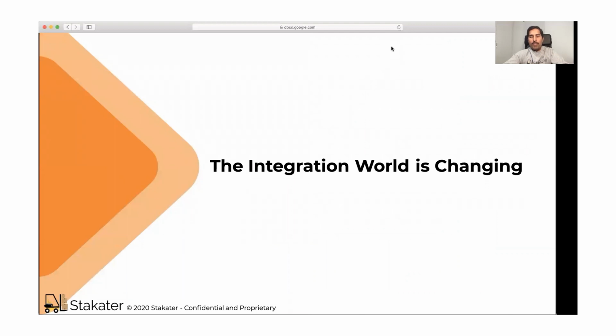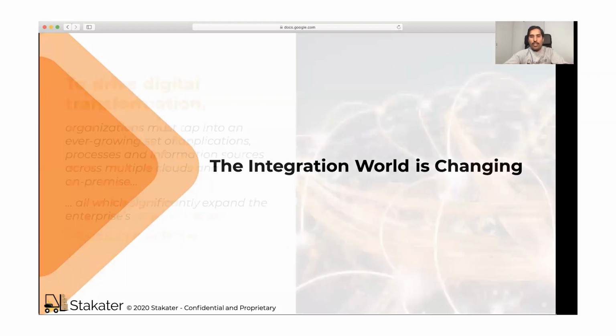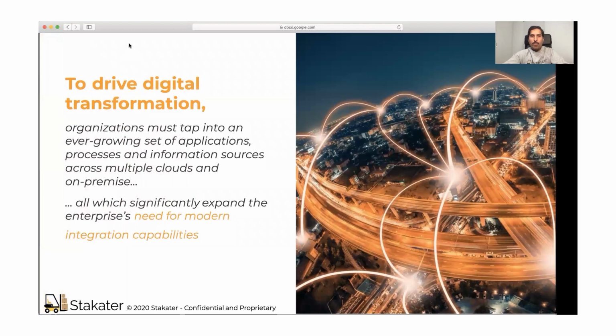So, as I mentioned, the integration world is changing, and if you look into the way things are happening now, organizations must tap into an ever-growing set of applications, processes, and information sources across multiple clouds and also on-premise. And all of that significantly expands the enterprise's need for integration capabilities.